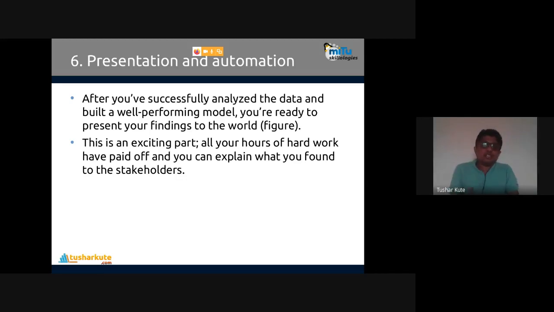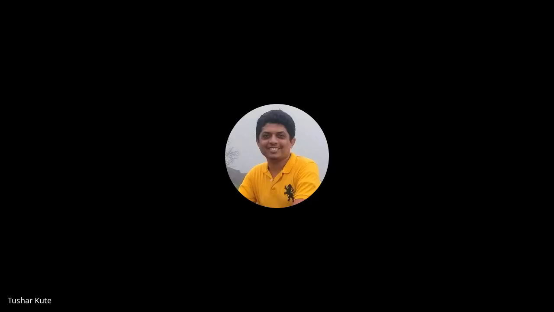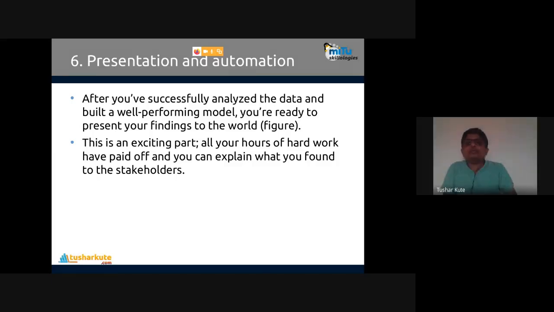See, two things: the presentation is part of data mining, and automation is part of machine learning. Presentation is what you extracted, the knowledge you mined from the data, again for multiple number of times. This is called the automation system, which is applied by machine learning techniques: presentation and automation.